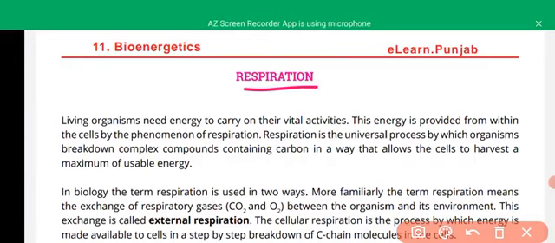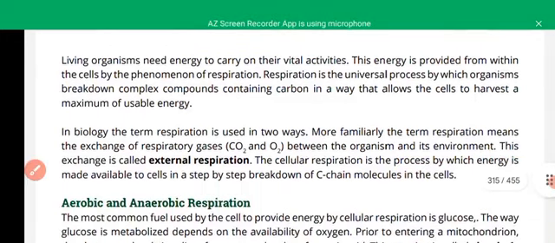In our previous lecture, we studied photosynthesis and gained knowledge of how plants use carbon dioxide and water to form glucose. In this tutorial, we will follow how these sugars are converted back into carbon dioxide and how energy is produced by our respiration. Respiration is the process by which we use the product of photosynthesis. We have already known about this, and it is the basic mechanism by which we extract energy from food molecules